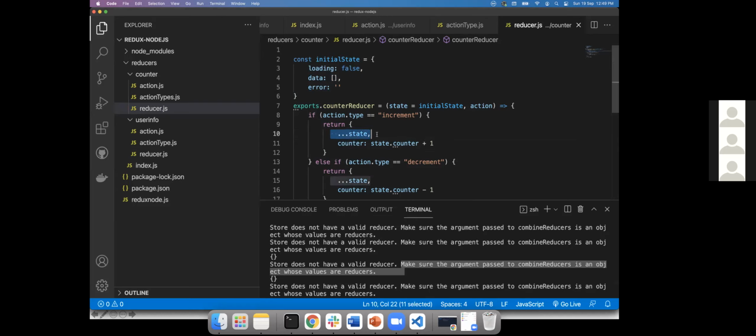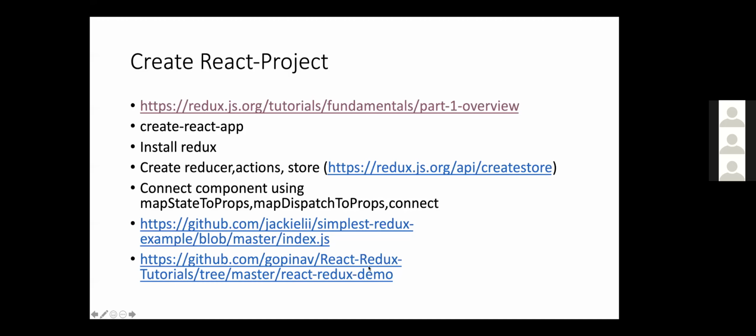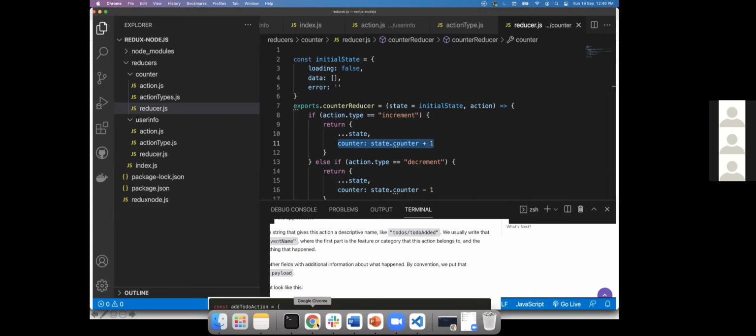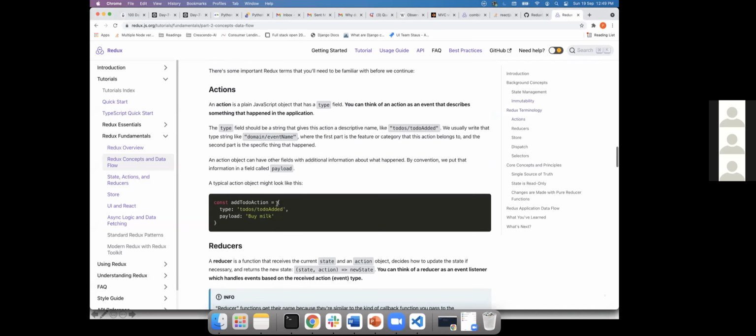So you often see in Redux applications a spread operator used to copy the old state and update the new one. Everyone should practice that only if it is really needed, right? So that's the one thing. Now coming back to the documentation, I'll go through a few terms because we understood what they are.